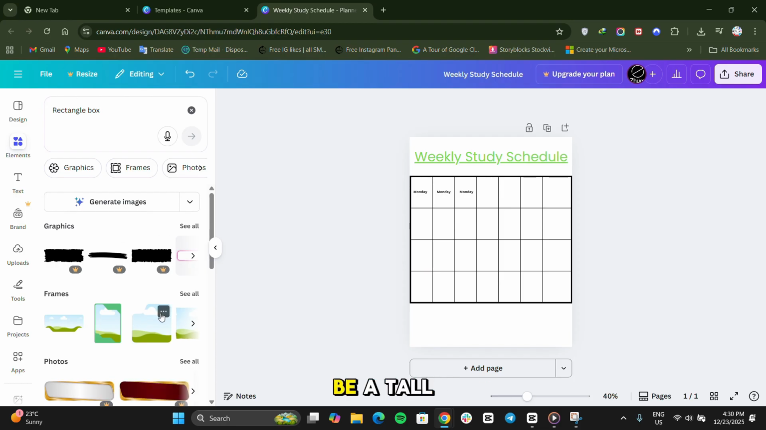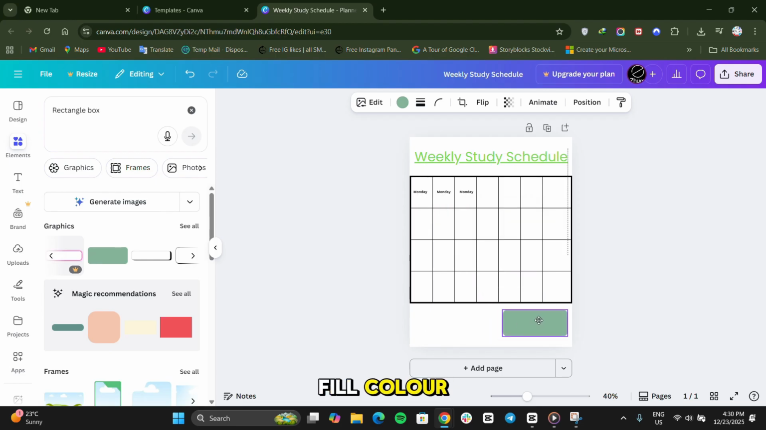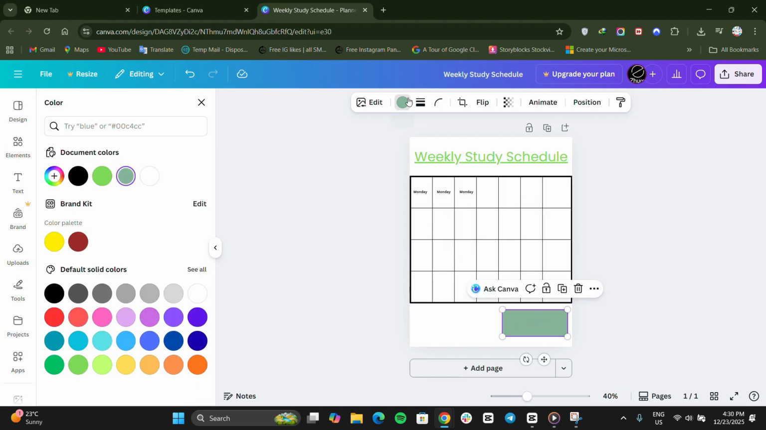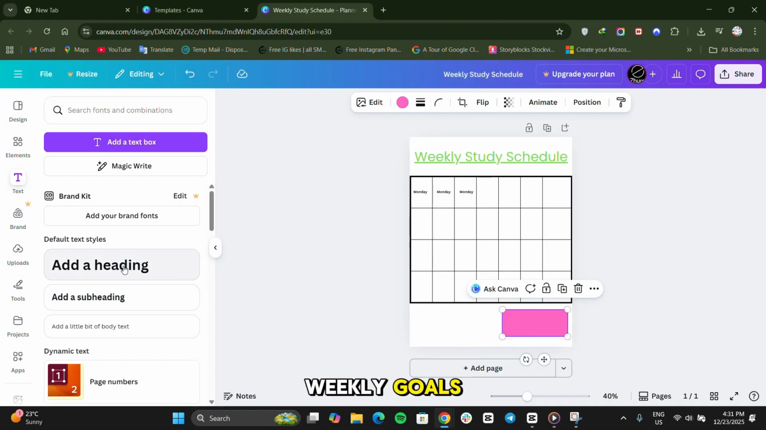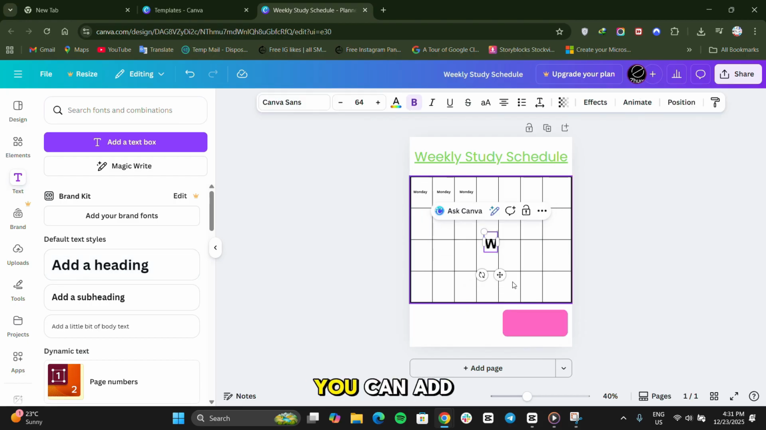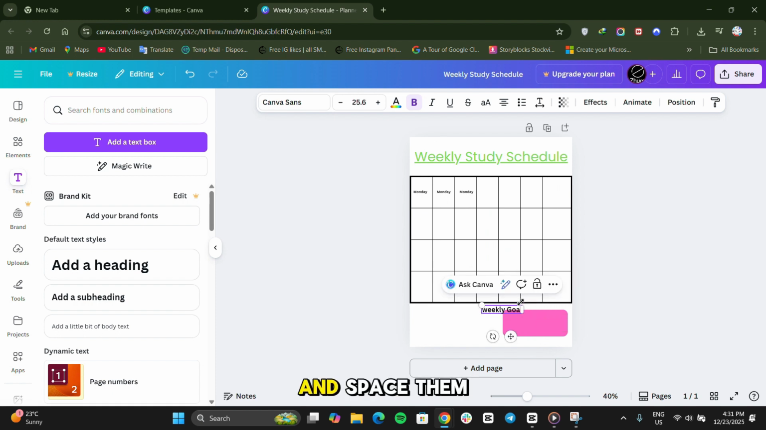Resize it to be a tall, narrow column. With the shape selected, you can give it a subtle fill color or just a bold outline. Now, add a text box on top of this shape that says Weekly Goals. Inside the box, you can add placeholder lines for writing. To make lines, go to Elements and search for Line. Choose a simple straight line, duplicate it several times, and space them evenly down inside your goals box to create